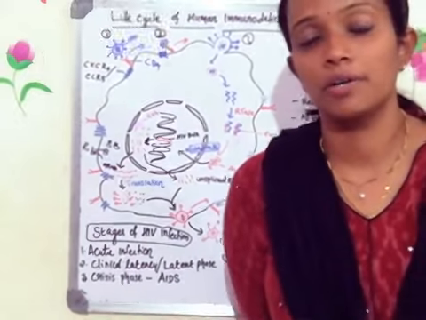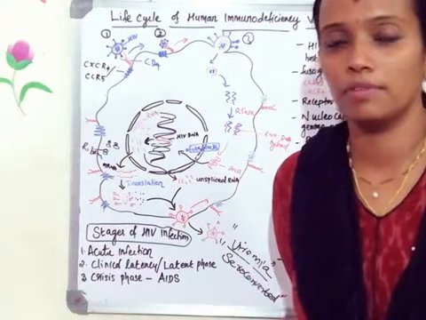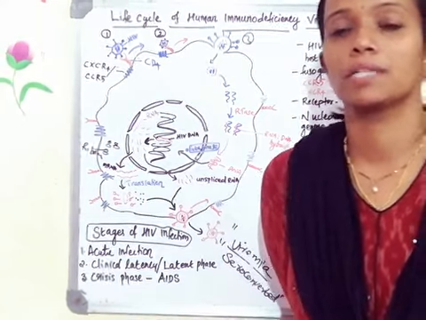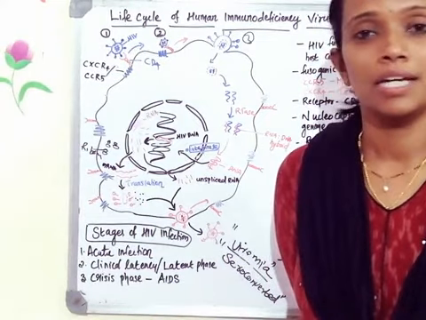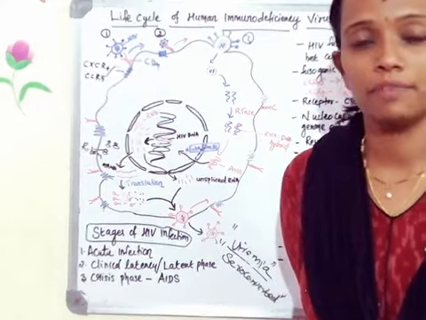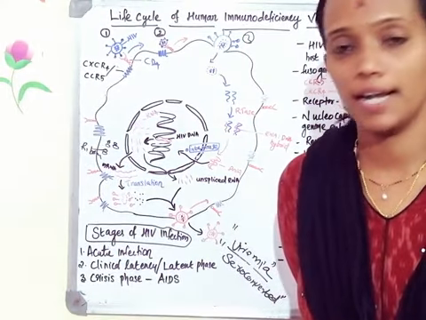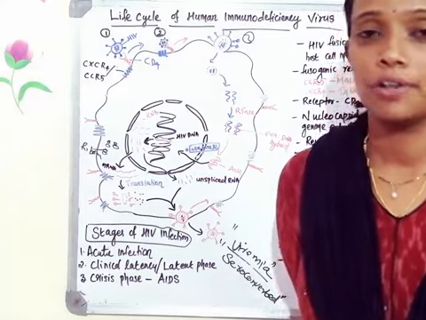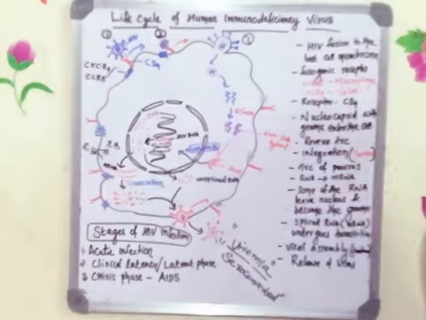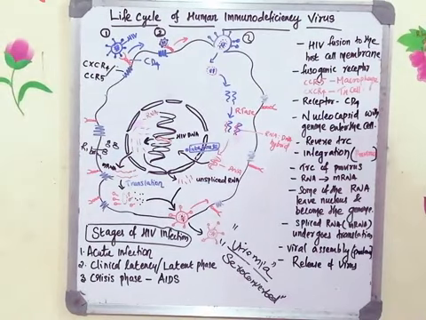Yesterday also I told you, people don't die because of HIV infection, they die because of opportunistic infection. Since your immune system is completely down and T helper cells are completely damaged, it cannot synthesize cytokines. If it is not synthesizing cytokines, B cell activation won't be happening. The T cytotoxic population will also be less because cytokines are not there. Thereby complete damage to the immune system happens, and during this crisis phase you can see different manifestations.